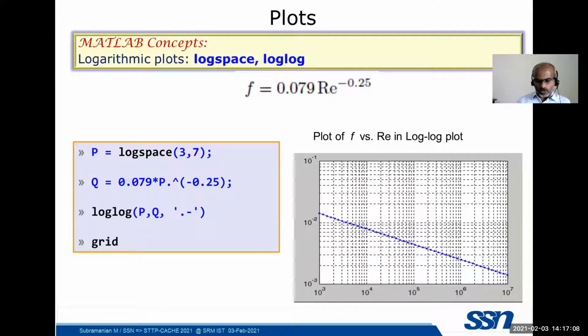Both axes can be log, in which case it is called a log-log plot. Sometimes one axis may be linear and the other log, which is called semi-log. The semi-log options are available through the semilogx and semilogy commands in MATLAB. For a simpler case, we can take this log plot.